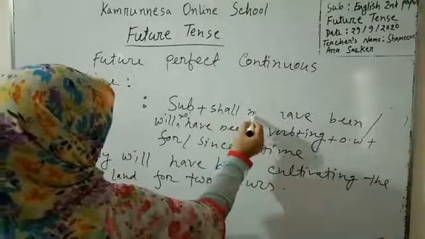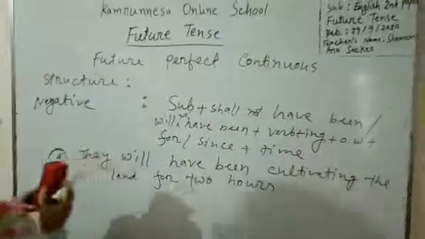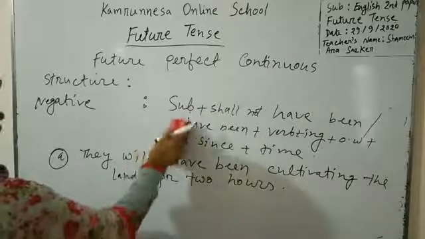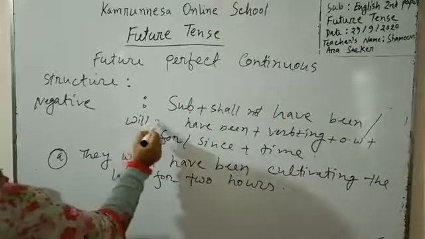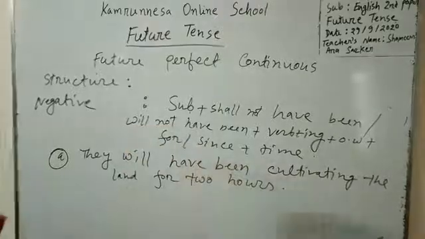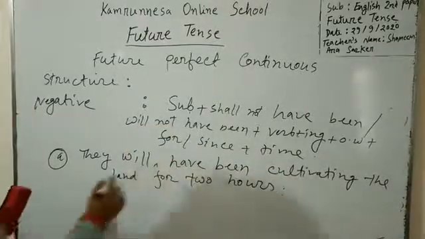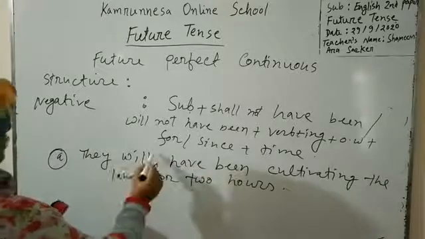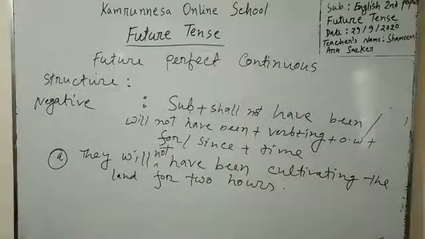Shall not have been or will not have been. Okay, let us turn this sentence into negative. They will not have been cultivating the land for 2 hours. Okay,